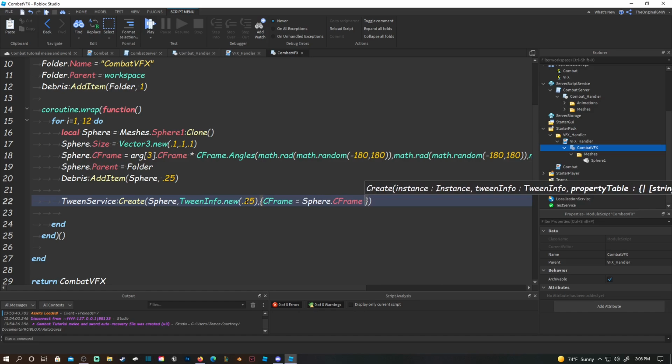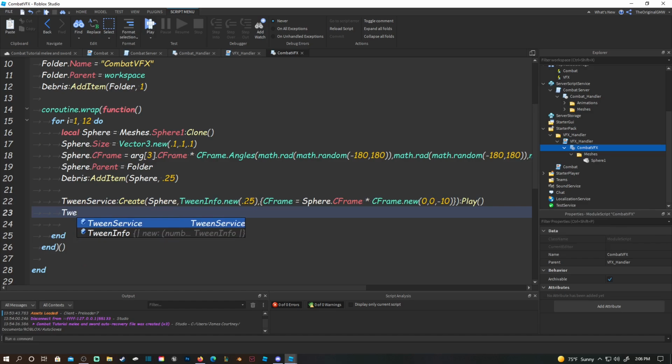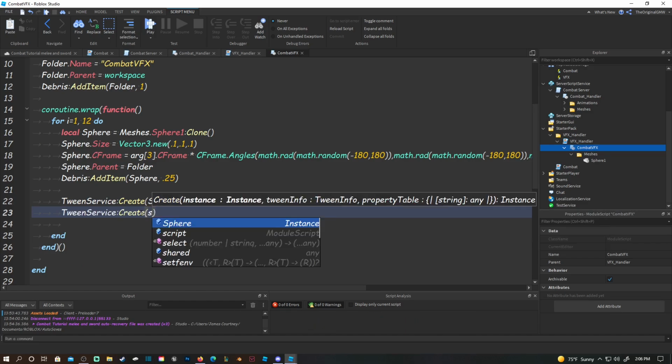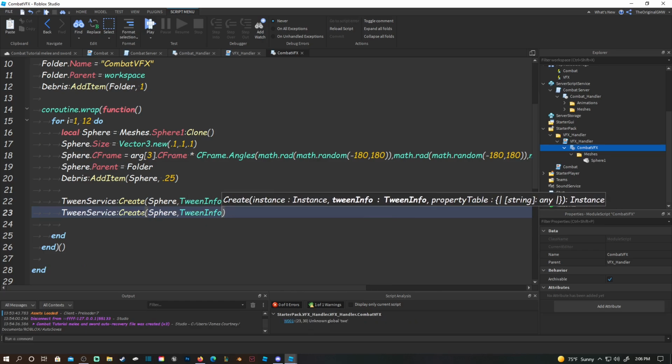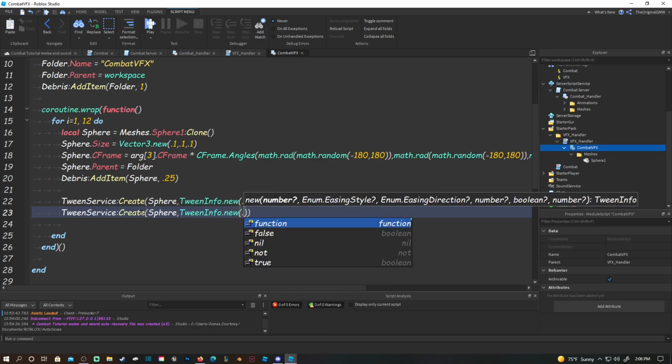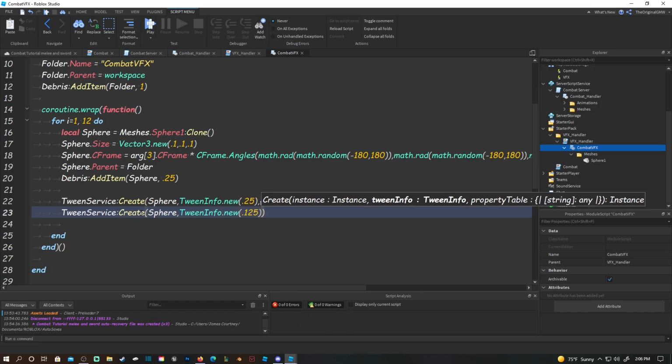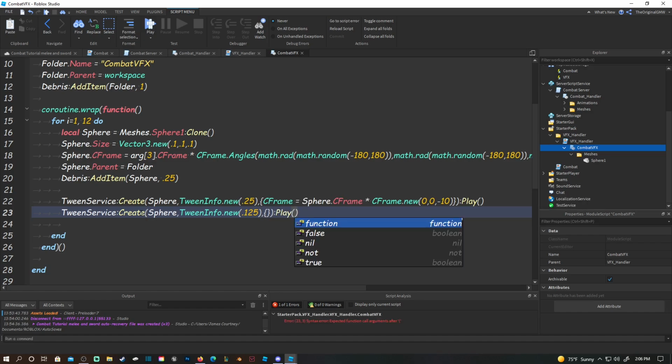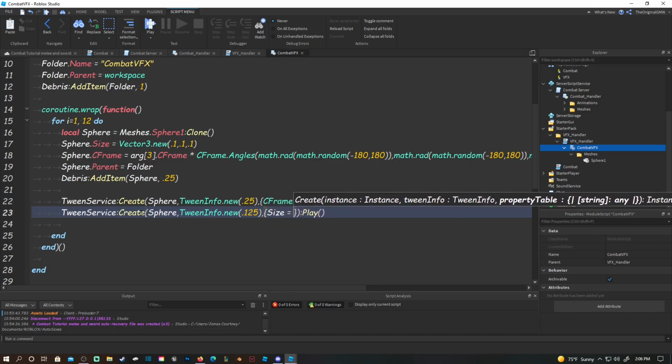sphere.CFrame times CFrame.new(0, 0, negative. Let's do -10. And then we're gonna do :Play(). And now we're gonna do another tween service right after this, right? We're gonna do sphere, TweenInfo.new, and then in this we're gonna do 0.125, which is half of 0.25, and then squiggly brackets. We're gonna put Play as well, and inside of this we're gonna do Size is equal to Vector